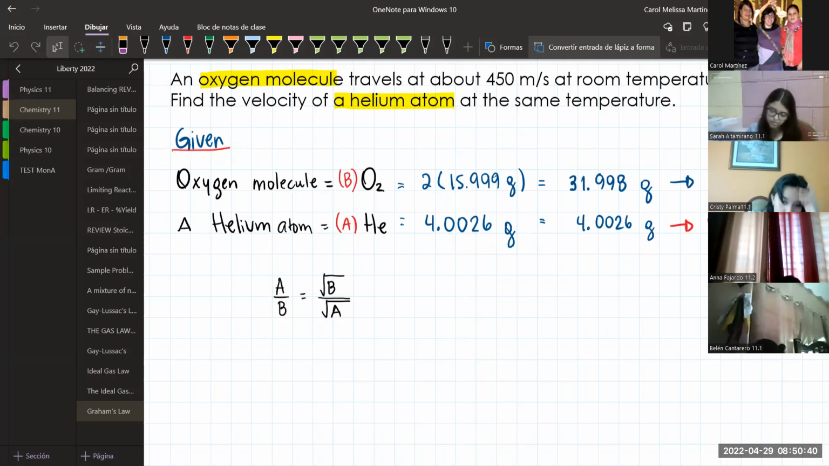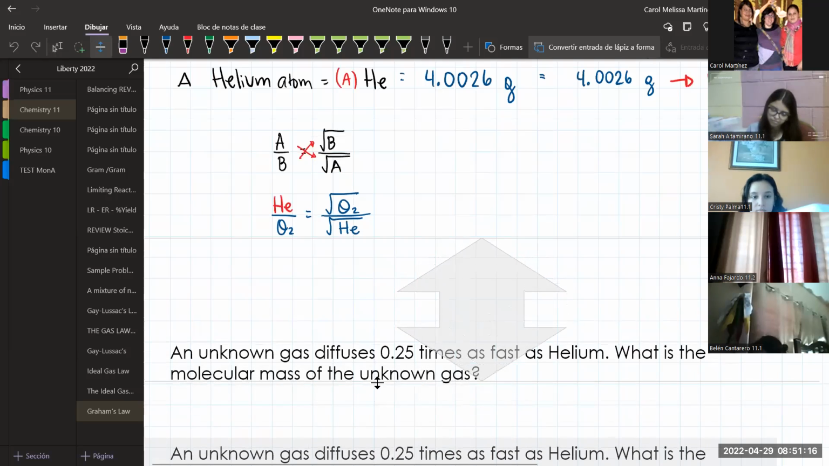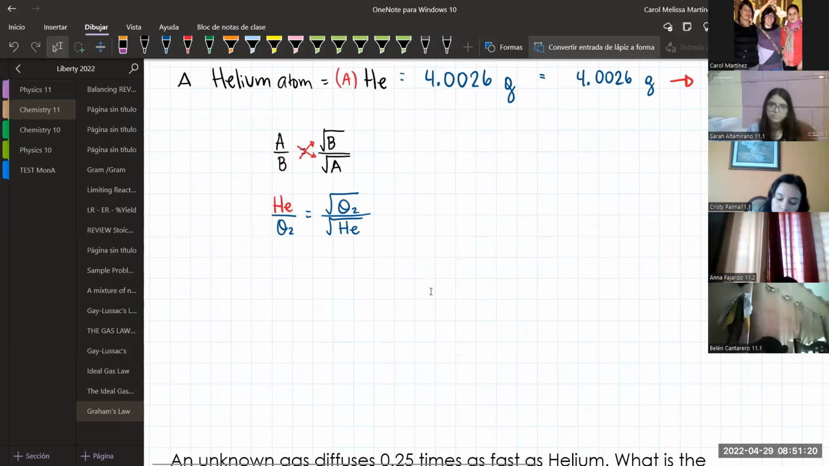Remember that this information is crisscrossed, okay? So A is my unknown, that is helium, and B is my known gas, that is O2. It's equal to the square root of O2 divided by the square root of helium. Okay? So this is equal to the square root of 31.998 grams over the square root of 4.0026